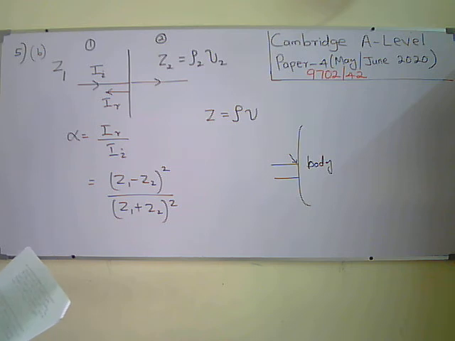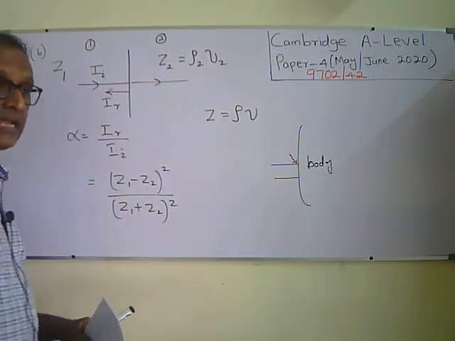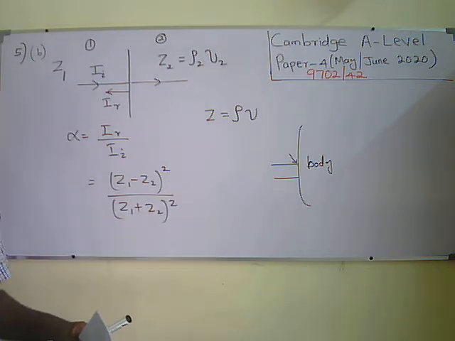The answer for this question is a 3-mark question. First mark: we can say the specific acoustic impedance of air and skin has a big difference. Therefore, the reflection coefficient will have a larger value, and hence most of the ultrasound will reflect back from the outer surface of the human body and will not penetrate inside. These are the 3 points to get 3 marks.